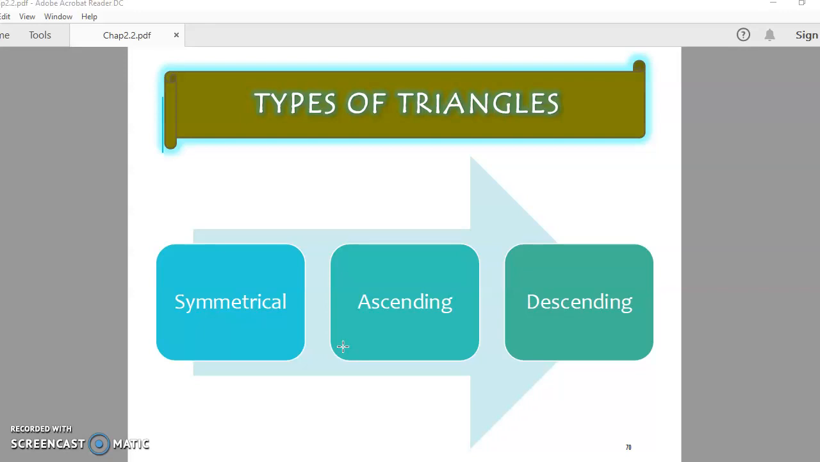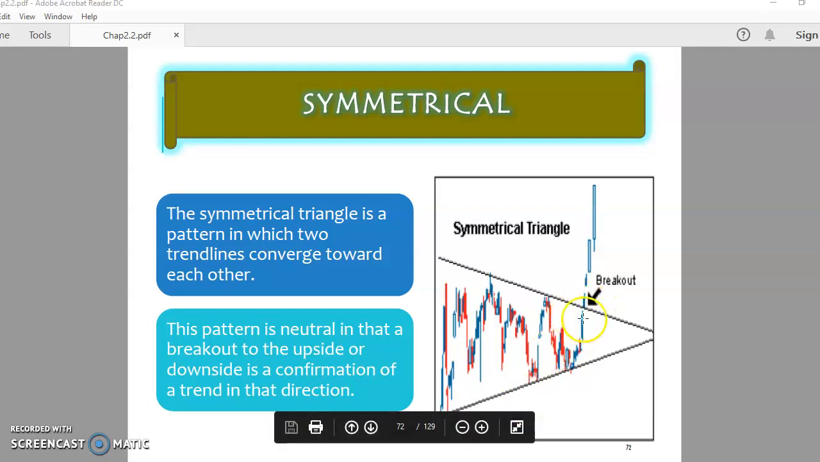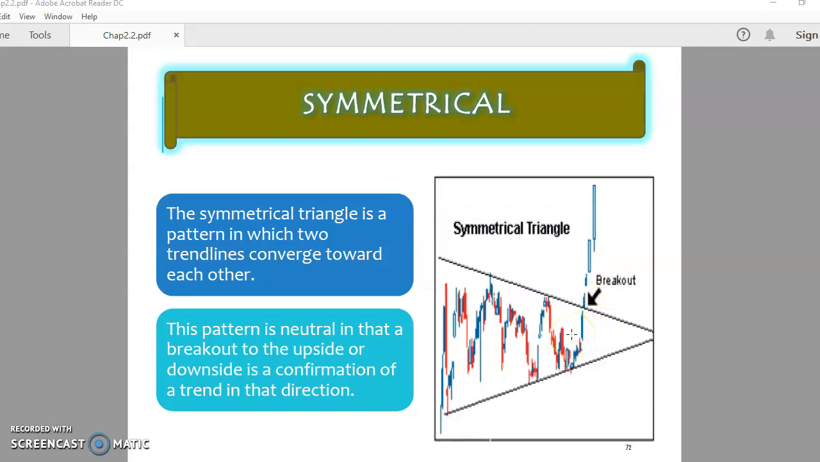descending triangle. Okay, for a symmetrical triangle, we call this pattern a neutral pattern, as it may break out upside or downside. It depends on the forces between the demand and supply. This neutral pattern is similar to a rectangle, if you remember that I explained to you during the last class. Okay, the symmetrical triangle will become a continuation pattern if the price breaks out of the resistance, and it will become